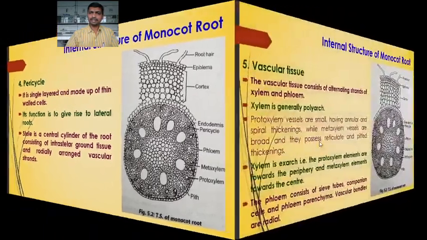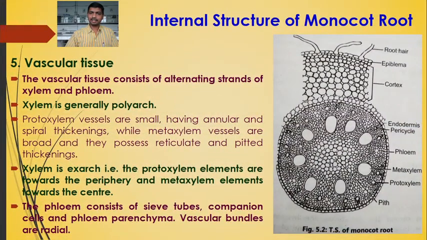So in detail we see here the vascular tissue, xylem and phloem, which make the vascular bundle. The vascular tissue consists of alternating strands of xylem and phloem. Here we can see this is the phloem, this one is the xylem, metaxylem, protoxylem, phloem, xylem. Again phloem, xylem. So the xylem and phloem are present on alternate strands, and they are arranged on different